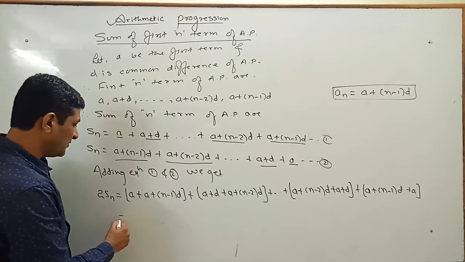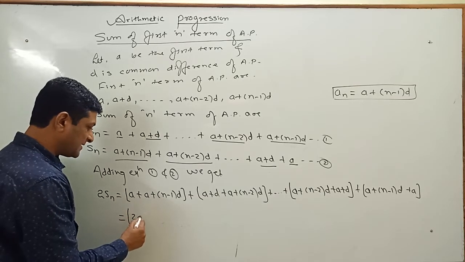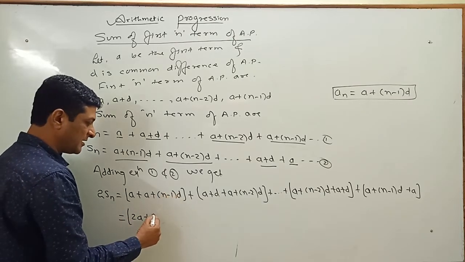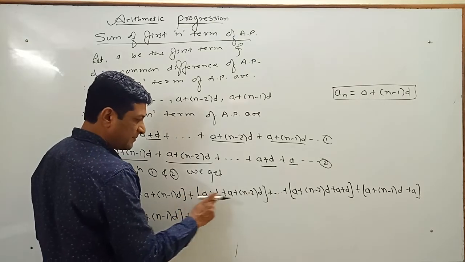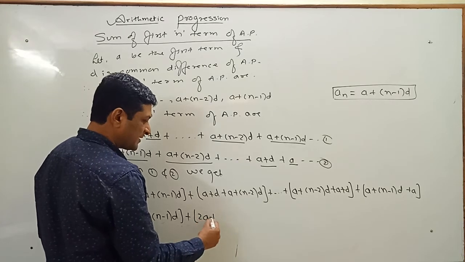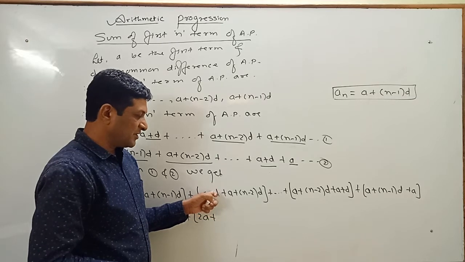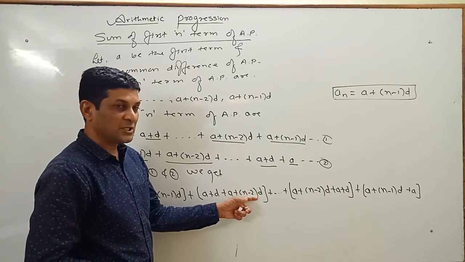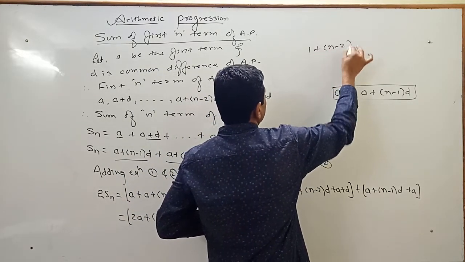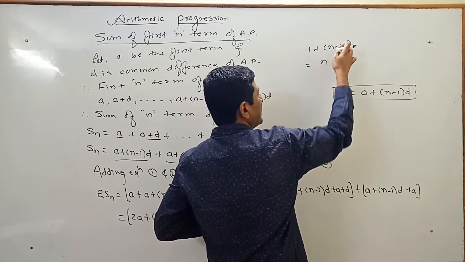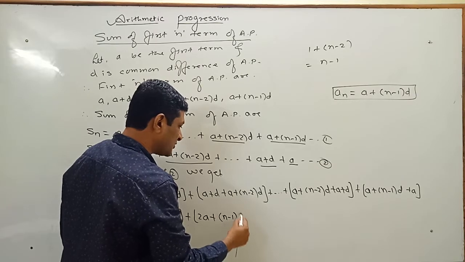Now observe carefully what we get. First collect the terms of a. a plus a is equal to 2a. How many terms of d are there? Only one term. Keep it as it is, n minus 1 into d. Plus, in the second term, a plus a is equal to 2a. Plus now collect the terms of d. Here two terms of d are there, so we add them. Here the coefficient of d is 1, and here the coefficient of d is n minus 2. If we add 1 and n minus 2, we get n, keep it as it is, 1 minus 2 equals minus 1. So the coefficient of d will be n minus 1.